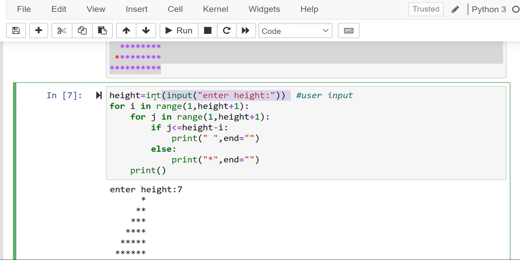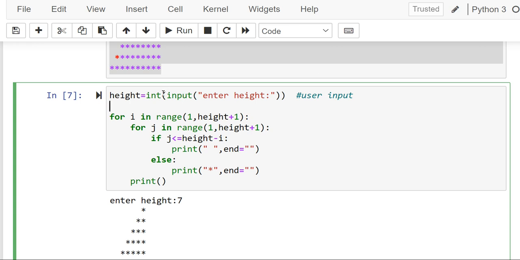As we already know, to take the input from the user by the keyboard in Python programming, we have the input function, which is a predefined function. You enter the height. After taking the input from the user, it will be considered a string value. Every input will be considered a string value in Python. To convert into a different data type based on our requirement, we work with different keywords. Here I am going to work with the integer data type, so I am converting the string value into an integer using the int keyword. I am storing that input in the height variable, using the assignment operator: height is equal to.